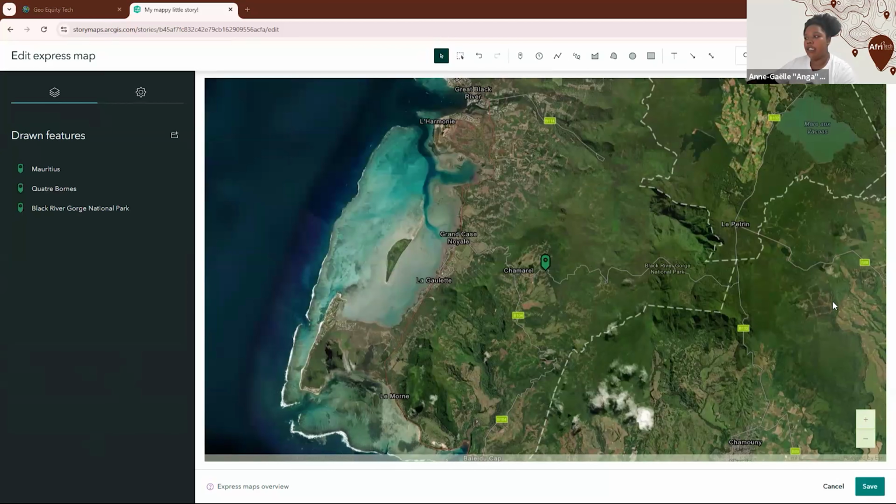So basically, this is a quick demo of at least what Express Map would look like. And once you added your